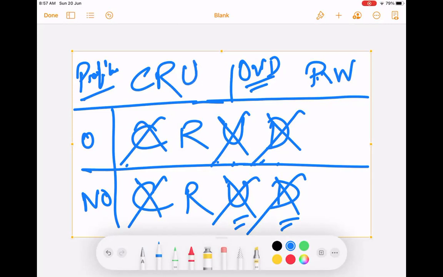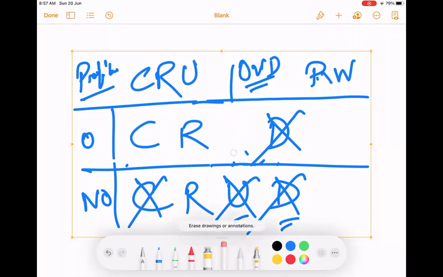Oh, sorry. In C, it will be this change. What happens now? Now the owners can do CRU. Update. What will happen here? Any changes here? Yeah, can update.